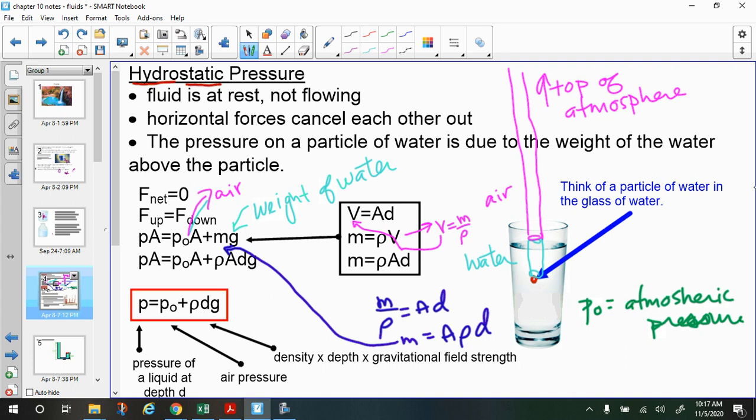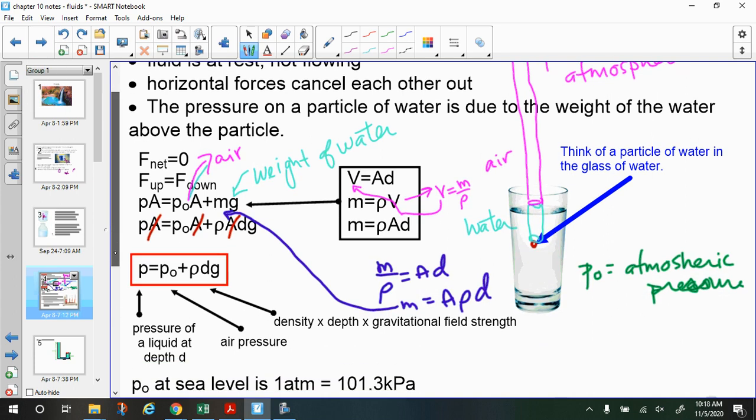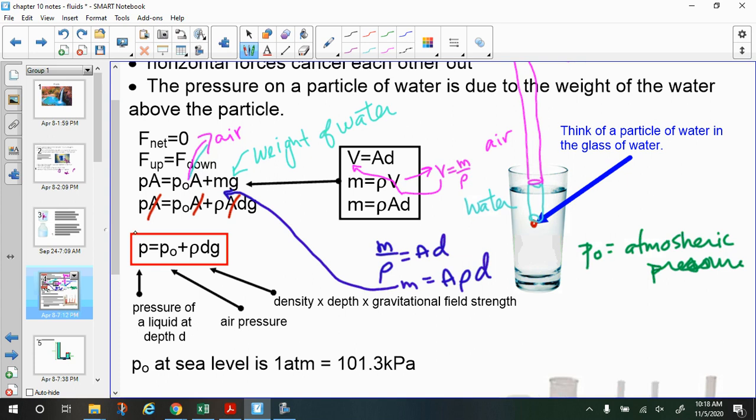You should notice that our areas all cancel. And then we are left with the equation: the pressure of a liquid at depth D is